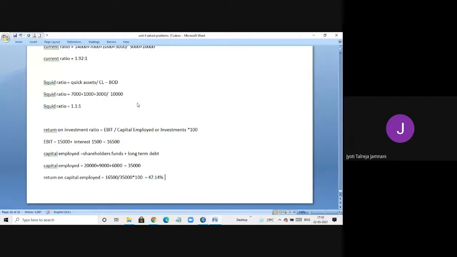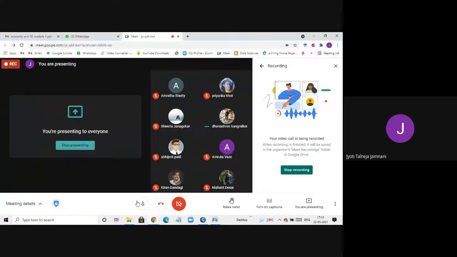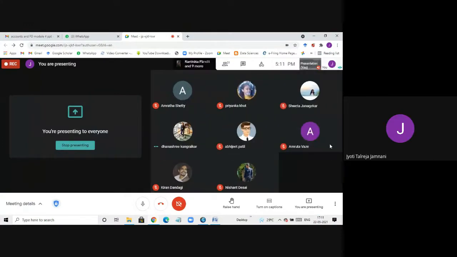This was the last sum on ratio analysis. Ma'am, that is return on investment ratio. Okay. So return on investment, or return on capital employed, is one and the same. So how much are we investing, or how much capital are we putting? Okay, so they mention the word investment, so we'll write it as investment. So this was the last problem on ratio analysis. Okay. If you have any doubts, you can ask.